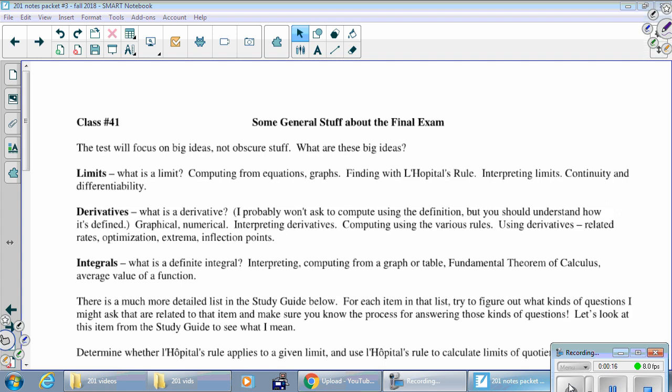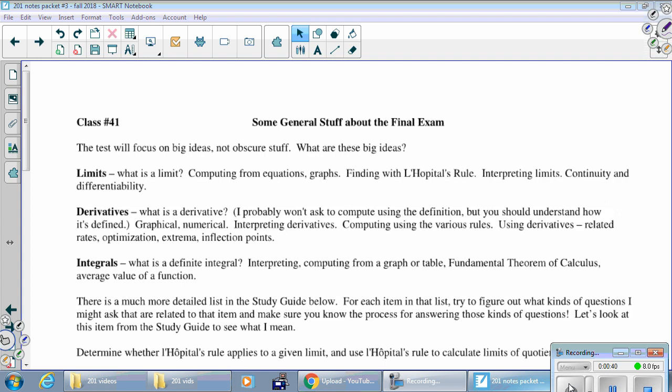What is a limit? You should know what a limit means. You should be able to compute a limit given an equation or given a graph. You should be able to find limits with L'Hopital's rule. You should be able to interpret limits if there's some word problem with limits inside of it. You should know the definition of continuity and also how a function could fail to be continuous. And you should also know what it means for a function to be differentiable and how a function could fail